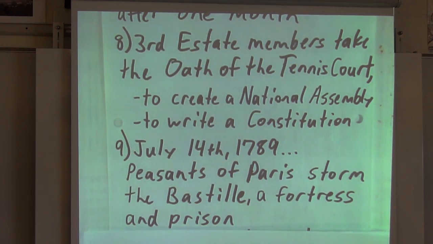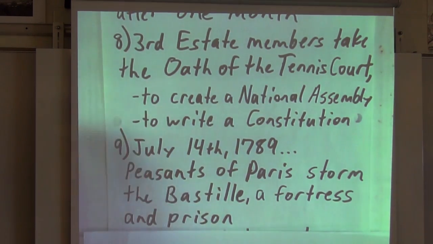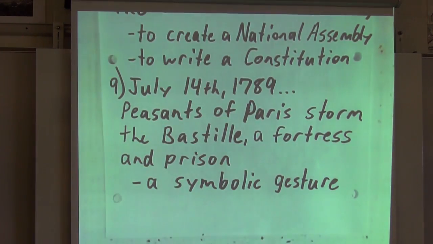Now, it's kind of interesting and kind of strange, but guess what was always kept in the prison? Gunpowder. Now, I know that's kind of odd sounding, but that's exactly what was stored there. That's why the peasants stormed this building. And they literally ripped this building down. It was a big stone building. They tore it down, tore it to the ground, starting on this particular day. This is a symbolic gesture, certainly, but it was one of the more important ones.